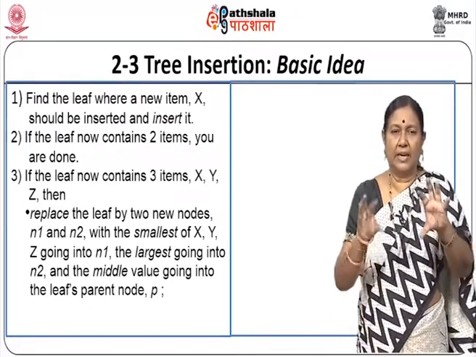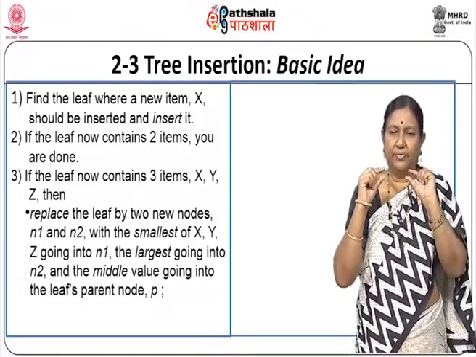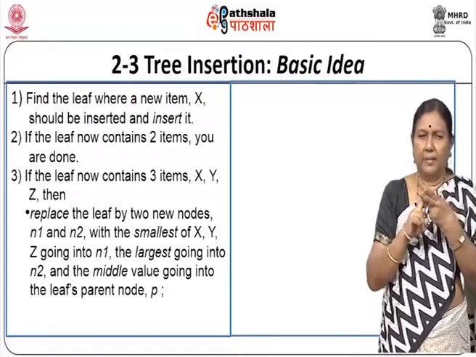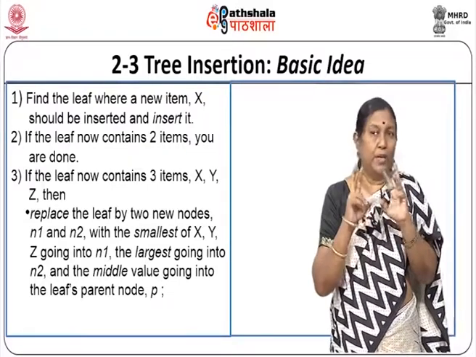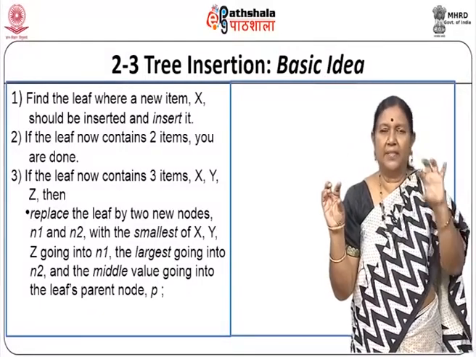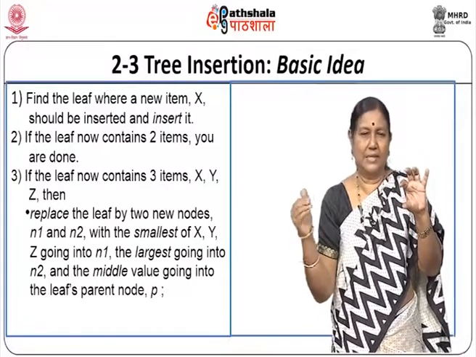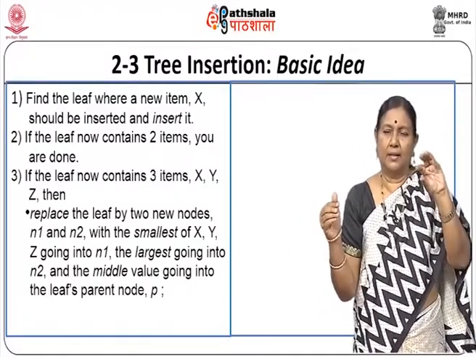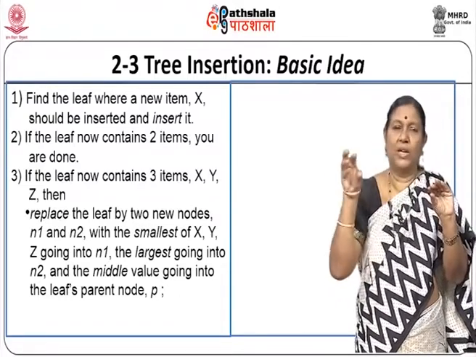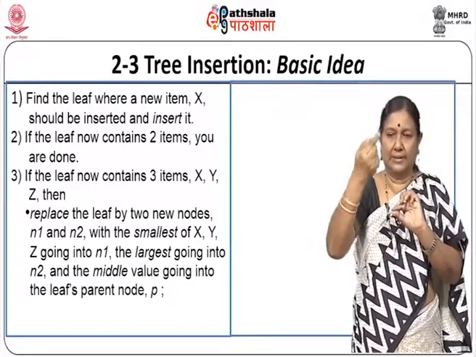So, just note I have 3 items x, y and z. Now, I take the leaf node and replace the leaf node by 2 new nodes. Instead of 1 leaf node, I am having 2 nodes, and in n1 whichever is smaller, let us assume x is smaller than y, y is smaller than z, then let the smaller one x go into n1, the larger one, that is z, going to n2, and the middle value will go up to the parent of this original leaf